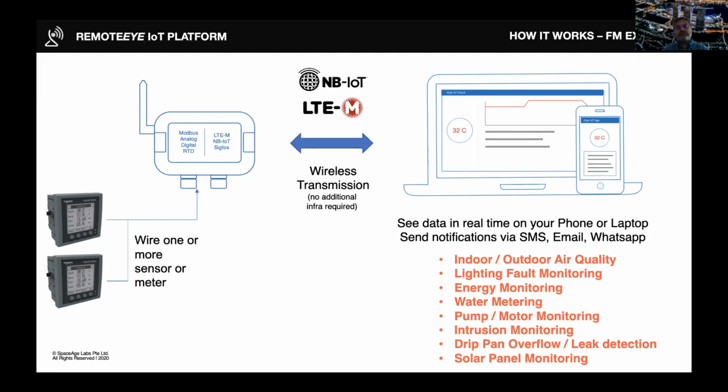The good thing is the same device can be used for many other applications in your organization. So you might start with energy monitoring, but you could connect your water meter to the same device. You could connect your air quality sensor to the same device. You could connect your solar panel to the same device. So it's a multi-function device without any requirement for reprogramming the device. And we'll see how this works. So that is kind of the key value proposition, that your existing sensors and meters can be connected to the IoT. And it is very easy and multifunctional as well.